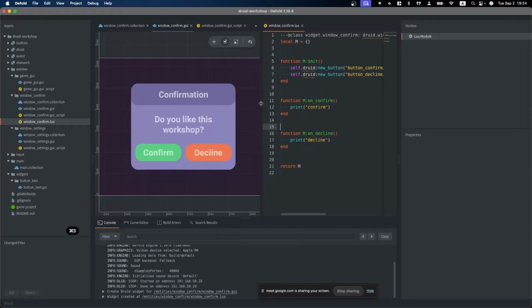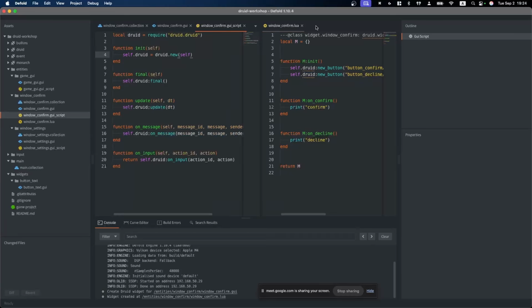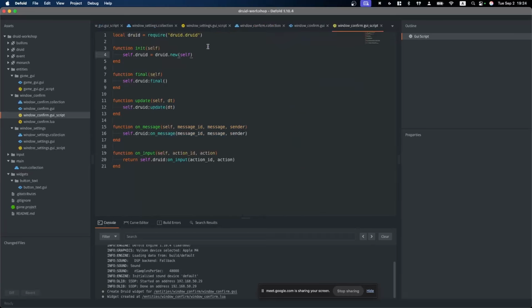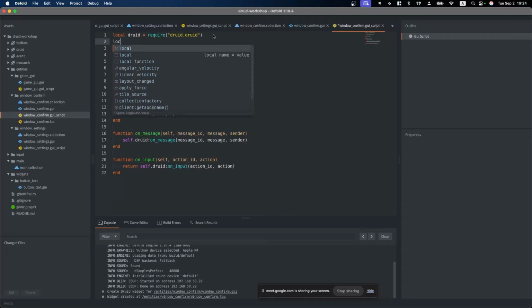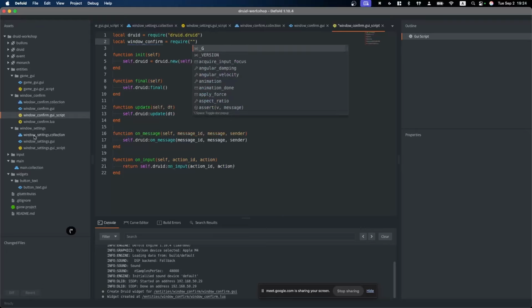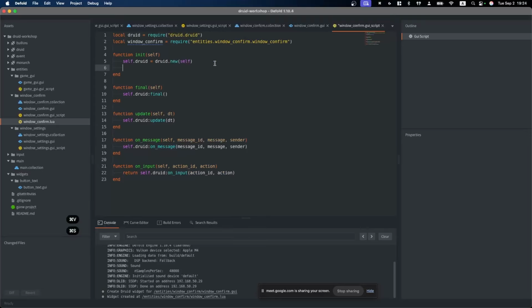So it's another way of creating things, but this widget should be created, and this is what this GUI script will be used for. We need to require our Lua file. You can copy the path from here: right click, copy require path, paste here. Nice, and call self.druid new widget. You need to pass this widget class, and that's all.